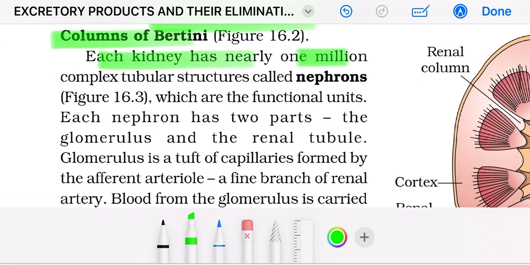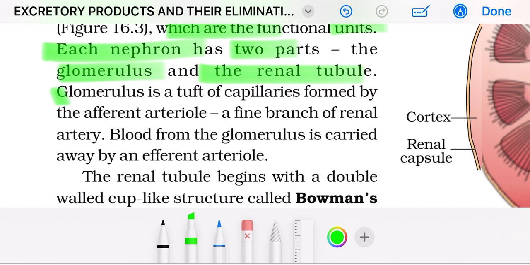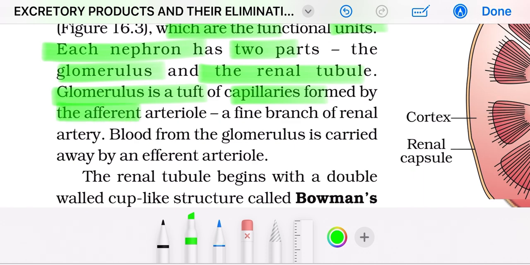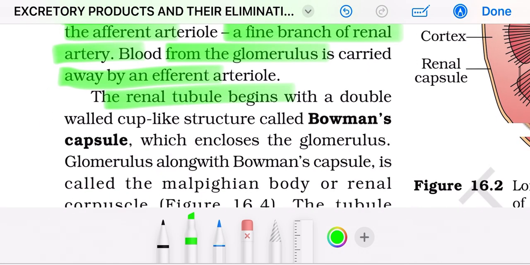Each kidney has nearly 1 million complex tubular structures called nephrons, which are the functional units. Each nephron has two parts, the glomerulus and the renal tubule. The glomerulus is a tuft of capillaries formed by the afferent arteriole, a fine branch of the renal artery. Blood from the glomerulus is carried away by the efferent arteriole, and the renal tubule begins with a double-walled cup-like structure called